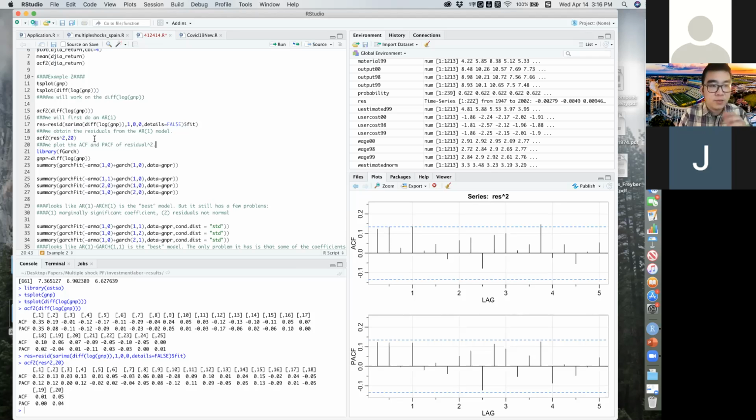Now, what model can you get by looking at the ACF and the PACF plot? It looks like all the lags are within the confidence interval. That means both ACF and the PACF tail off. I actually do not see any cutoff lags. But because we just use this example as an illustration,